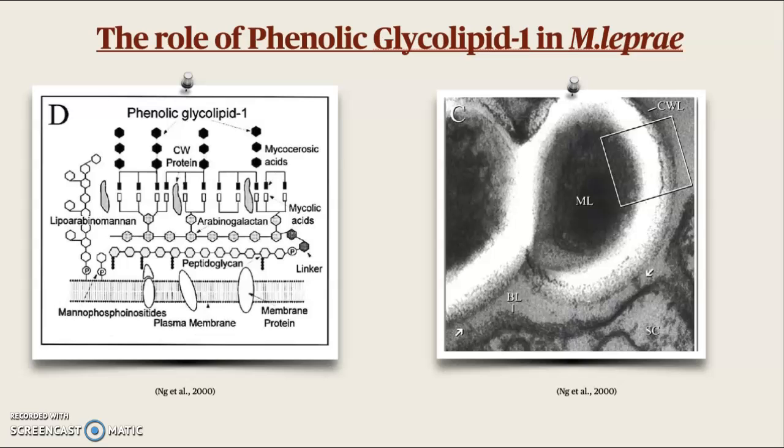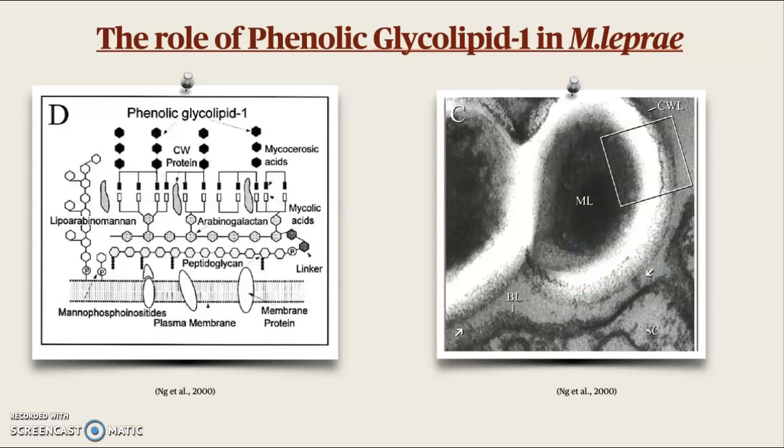In this next slide, you can see on your left a structural depiction, if you're interested, of phenolic glycolipid 1. And on the right, this is another image depicting what the last slide was also depicting. You can see here the cell wall of the M.leprae coming in contact with the basal lamina of the Schwann cell. And so this was evidence in this research that M.leprae does come in contact directly with